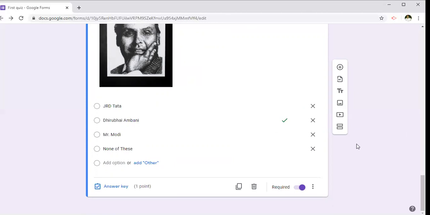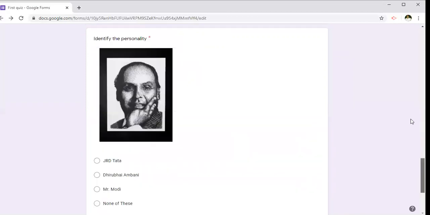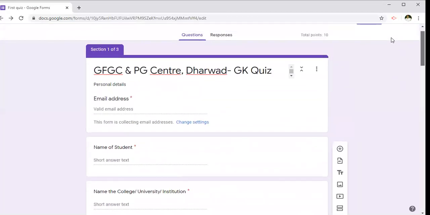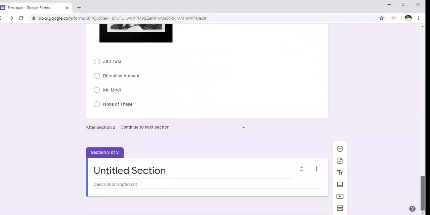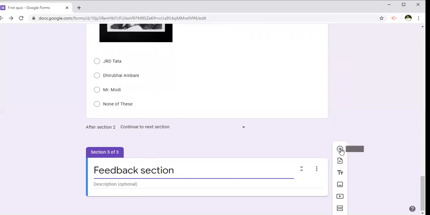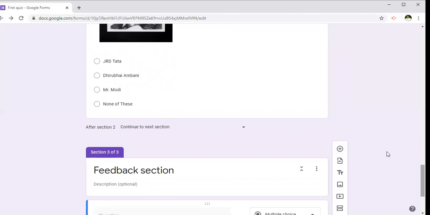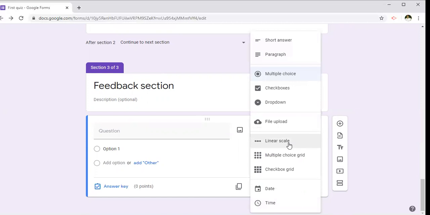And next I am going to create another section here for feedback. So you can see here the first section was for personal details, second section was for quiz, and this third part I am going to give as feedback section. Okay, so for this I'm not going to give any description. We can add here. So I am going to tell you there is one more option here, that is linear